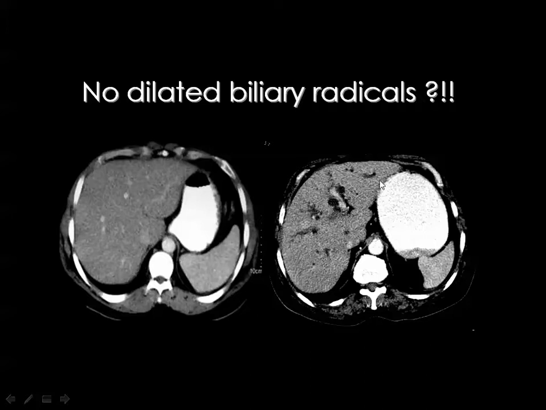But if you see linear hypodense shadows, you know that these are dilated biliary radicals. The normal bile ducts are not seen by CT, but the bile ducts are seen whenever they are obstructed and dilated. Then you can look at this liver and say that these are obstructed ducts, and this is a case